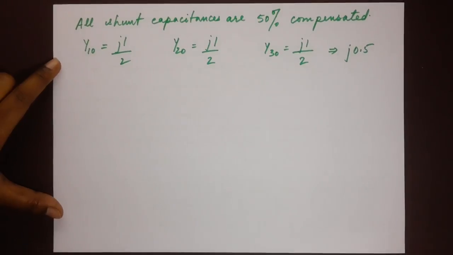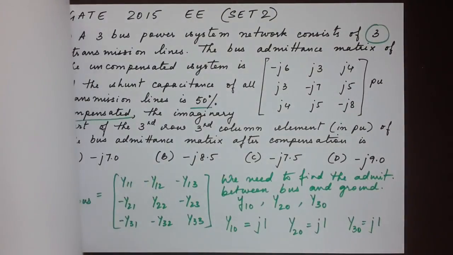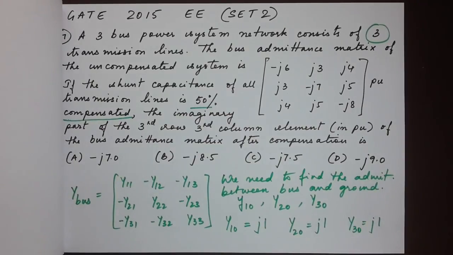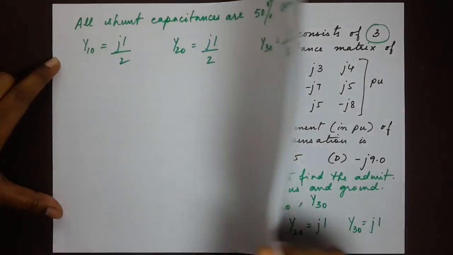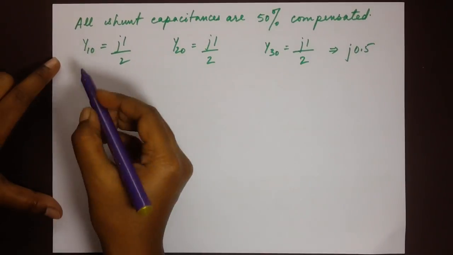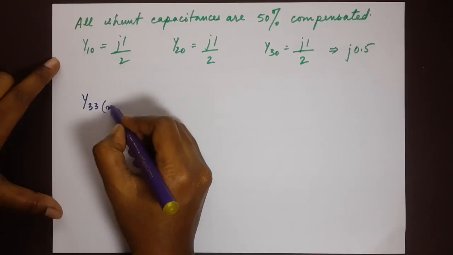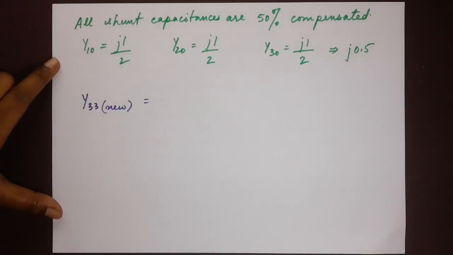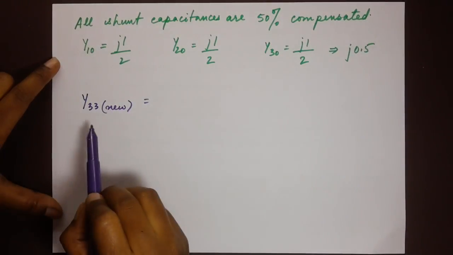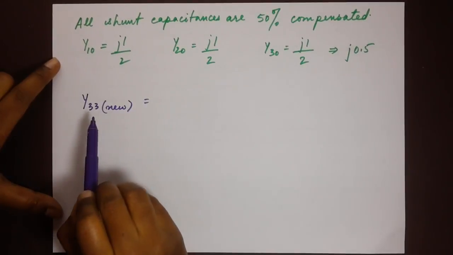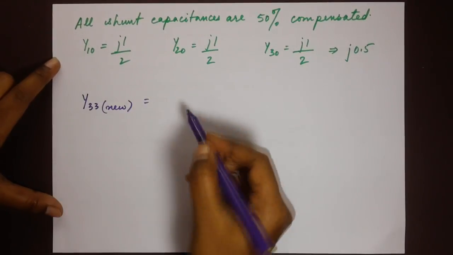Now for the final step. The question says that we need to find out the imaginary part of the third row, third column. Third row, third column is Y33. Okay? So, to find out Y33, and this is the new component. Okay? So, Y33, we will obtain by adding